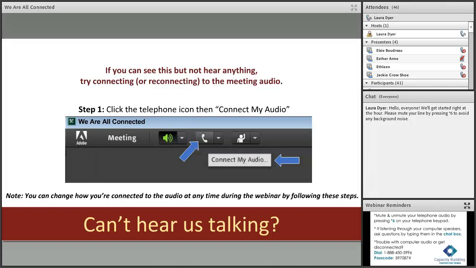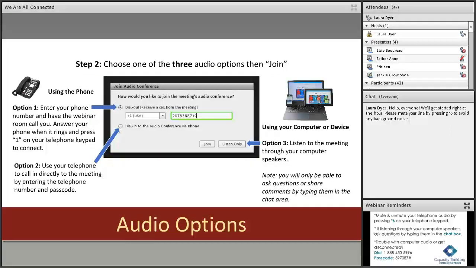The first step to reconnect or connect your audio is to click on the telephone icon at the top left of your screen, then select Connect My Audio. There are 3 options to choose from. 2 of them require the use of your telephone, and the third option allows you to listen in through your computer speakers. But just know if you're listening in through your computer speakers, you're not going to be able to verbally communicate with others, but you can share and ask questions throughout the webinar by typing them in the chat box, which I'll get to in just a minute.